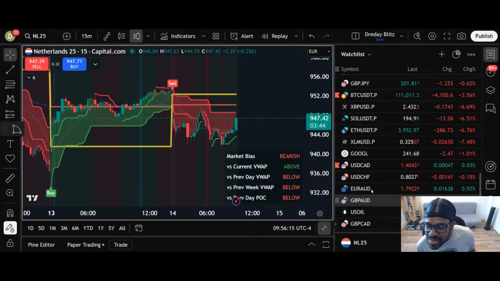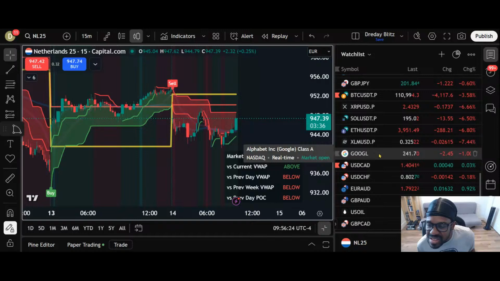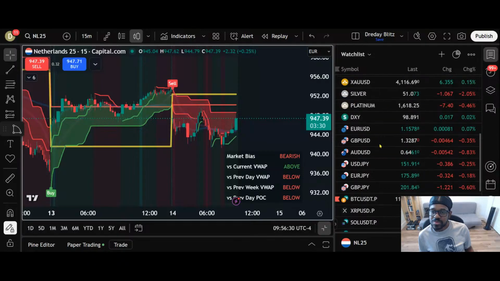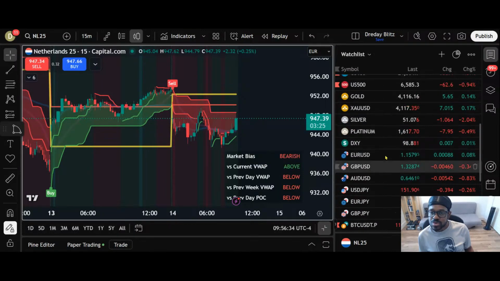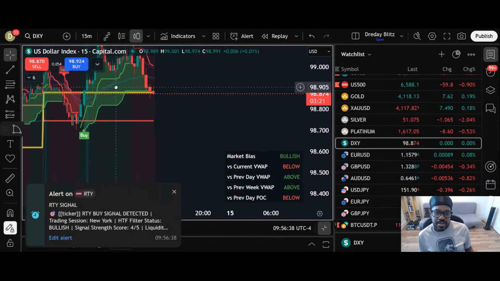I think it's gonna work. Even oil, I think it works too. It's gonna work on oil for sure, and even stocks and even crypto. But I don't want to overwhelm you guys with a lot of alerts. So we're going to be focusing on the indices because those are the best ones. For the rest, if you're trading Forex pairs,